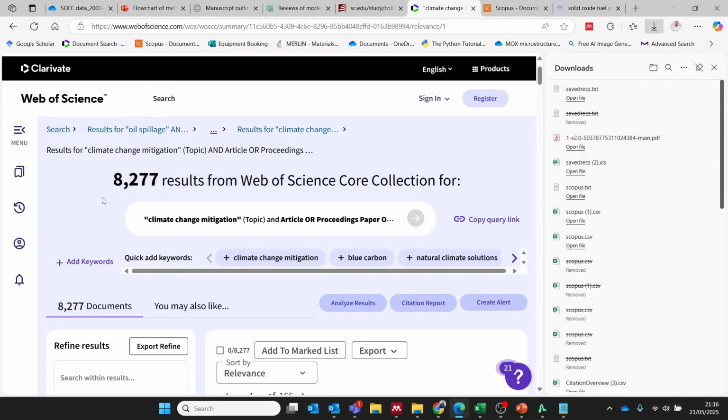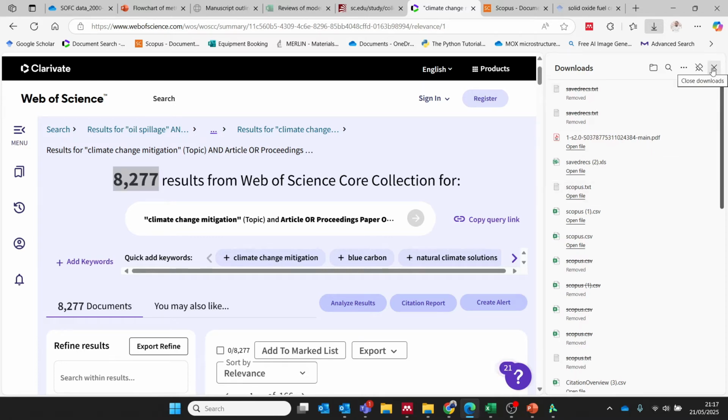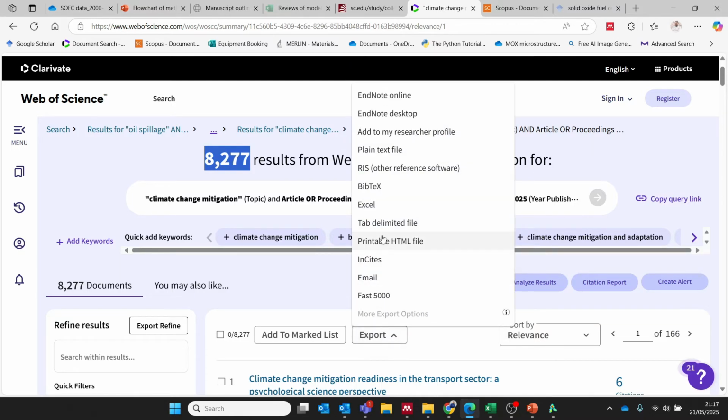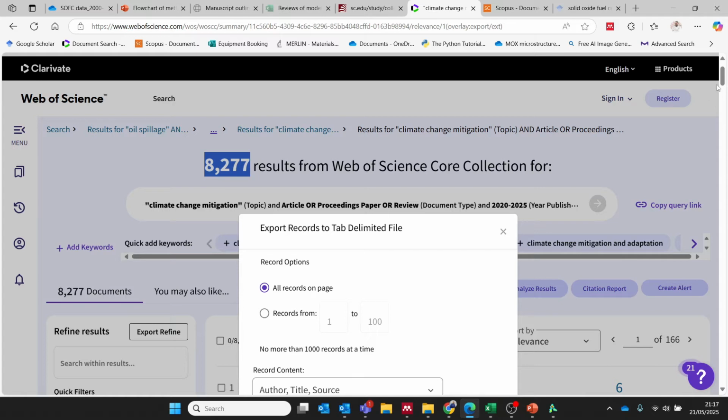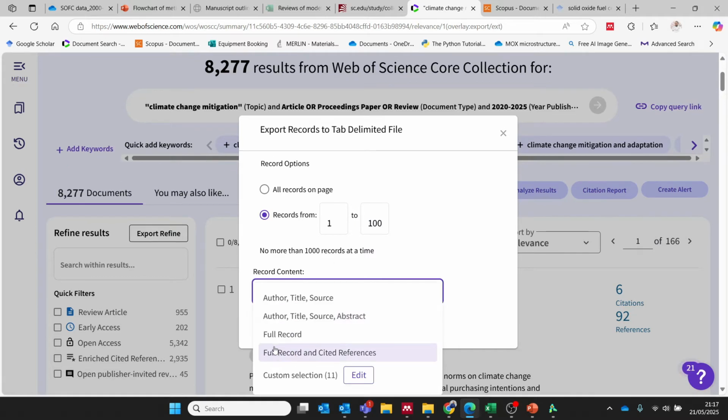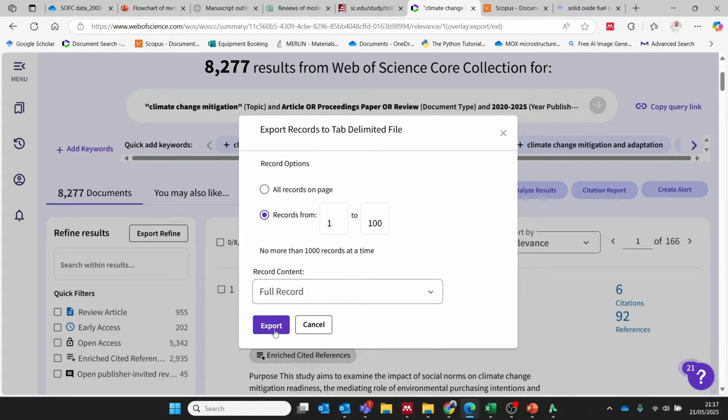To export this is not straightforward like the first one because of this large volume of results. When you have this large volume of results, you will need to export them in batches. Click on export. For VOSviewer, tab the limited file. So you can only export 1,000 maximum. So you need to export the first 1,000, 1 to 1,000. Option. You decide what option you want there. Full record and all that. So if I choose full record, export,